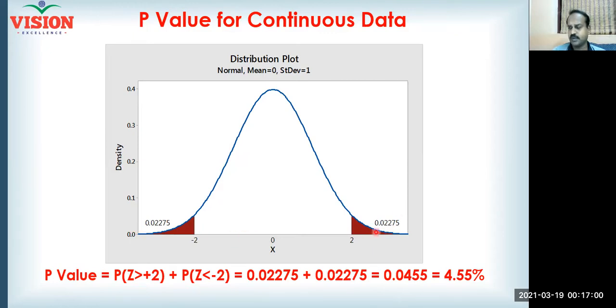Of course, being a symmetrical curve, you will have 0.02275 on the right side. Similarly, 0.02275 on the left side. These are nothing but the probabilities of your z being beyond the value of 2. According to the formula, I just have to add the area beyond z equal to 2 for both sides, which is 0.02275 plus 0.02275. So I get 0.0455. That means it is 4.55%. The probability of significance is found to be 4.55%. In this case, it is less than 5%. So according to the 5% level of significance, I will now be able to reject my null hypothesis, right?